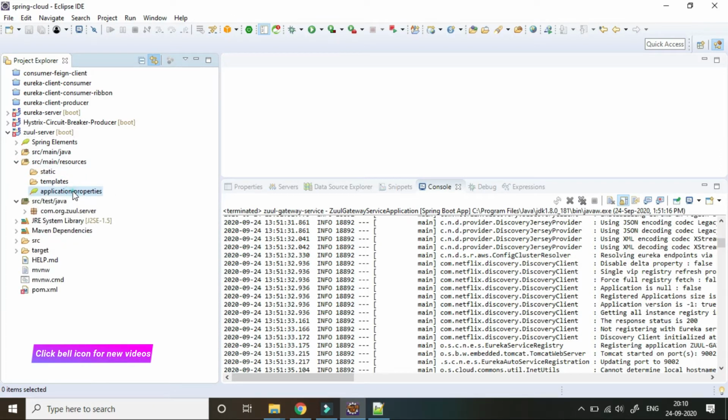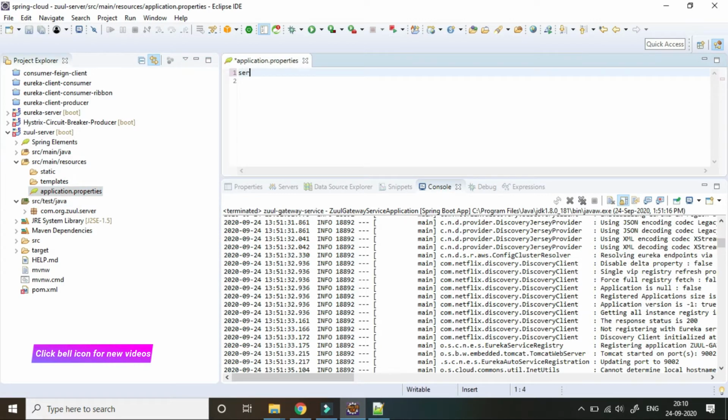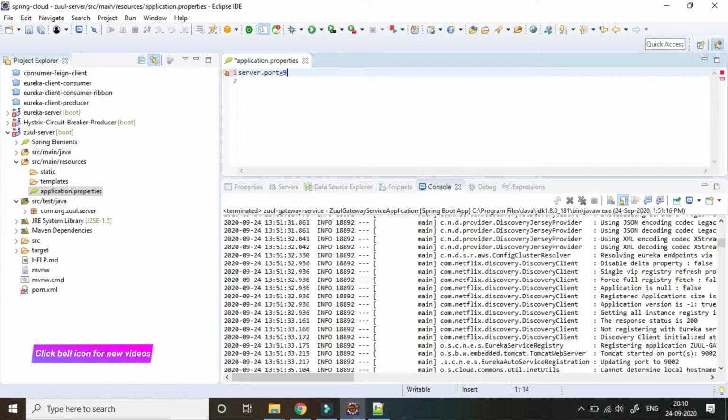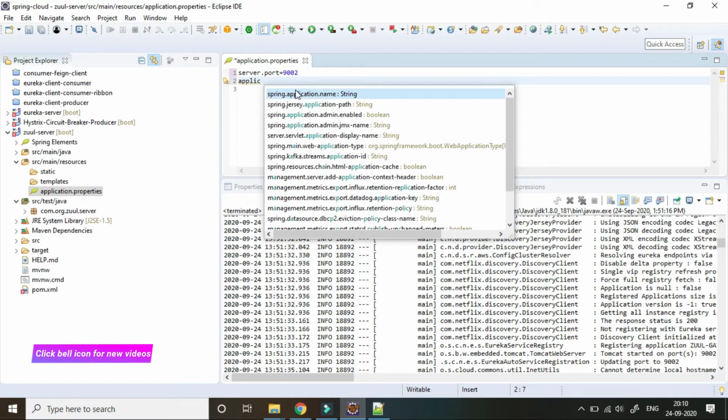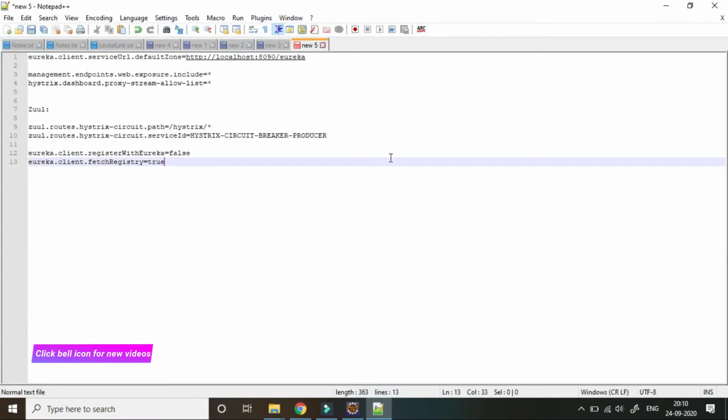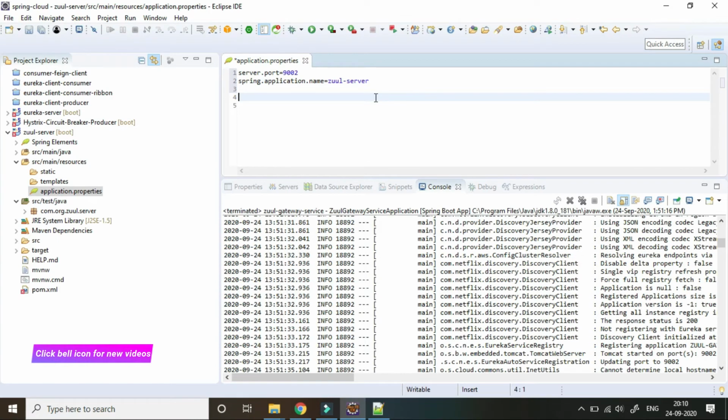Now we will provide the server port, application name, and the Eureka server path where the Eureka server is up and running.